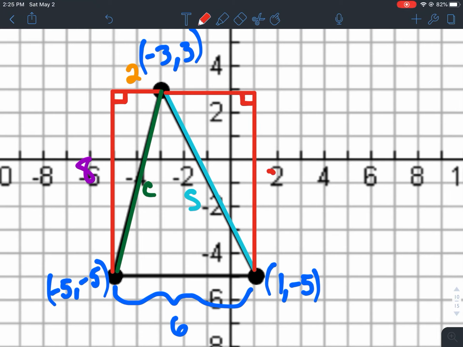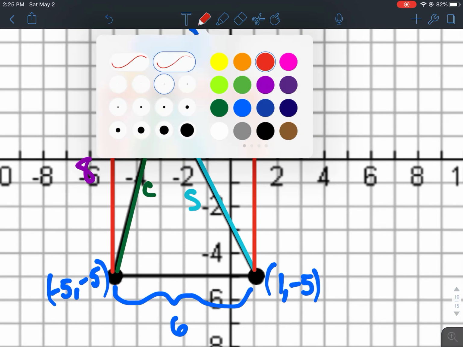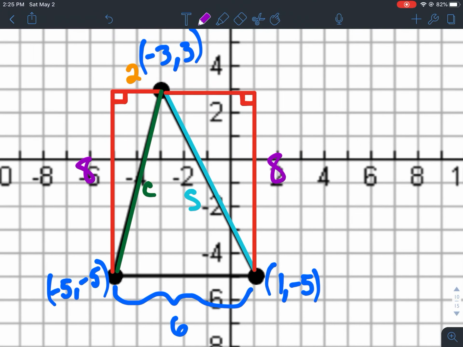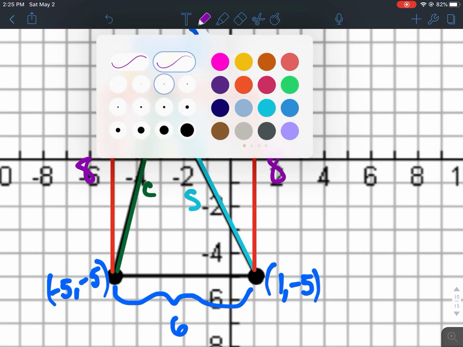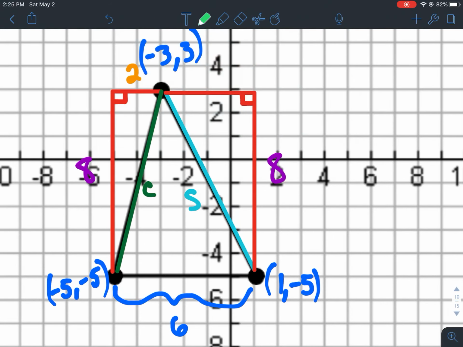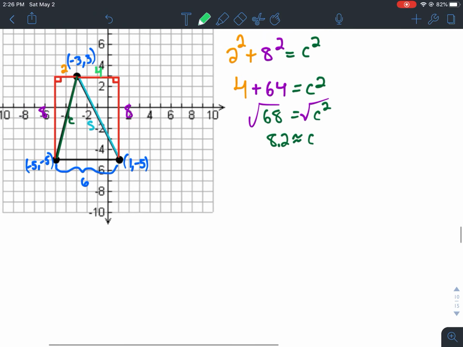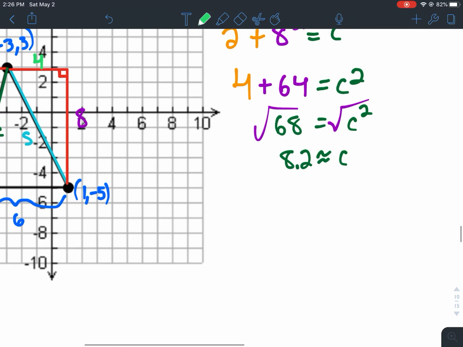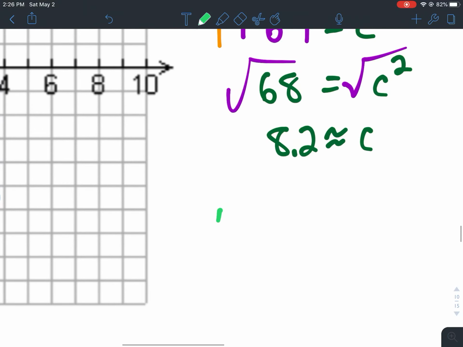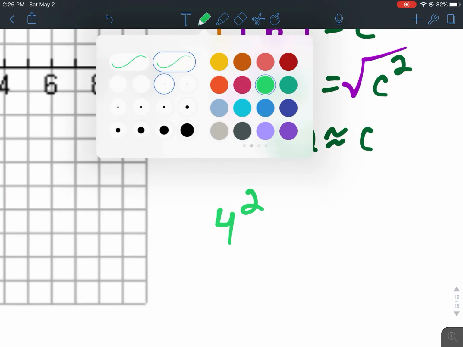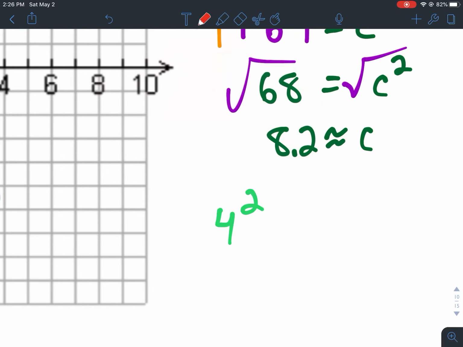It looks like this length is also 8. This length up here is 4 units if you count them out. So then it should be 4 squared plus 8 squared equals